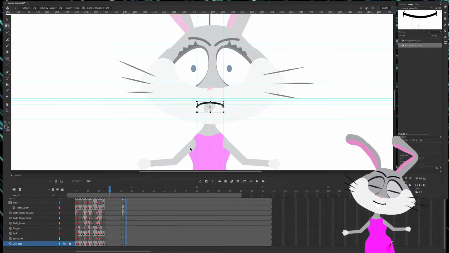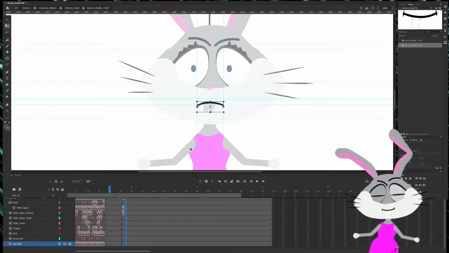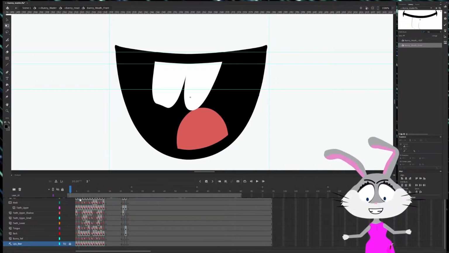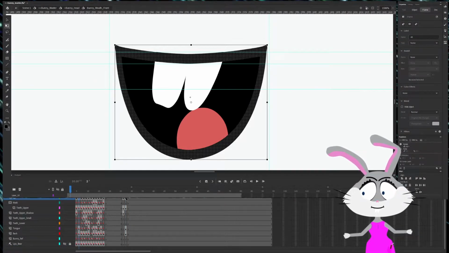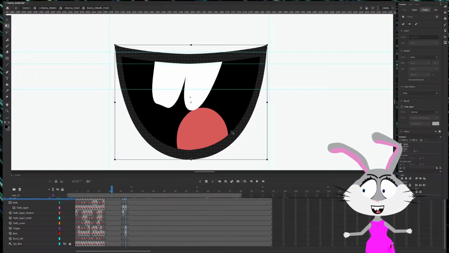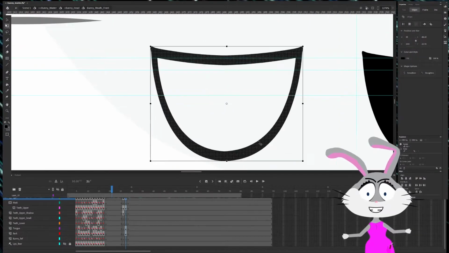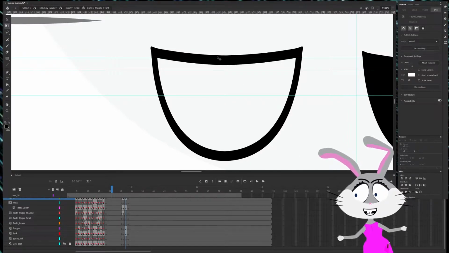How is this mouth supposed to be set? This is interesting. Let's copy something to the side so we can experiment. My idea is that it will generally be the same because it's